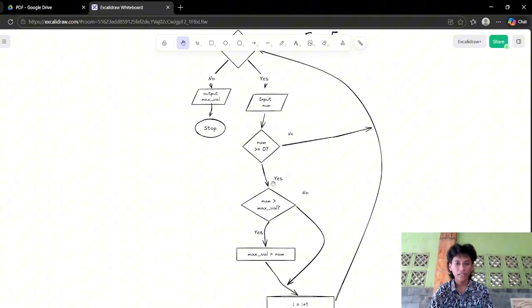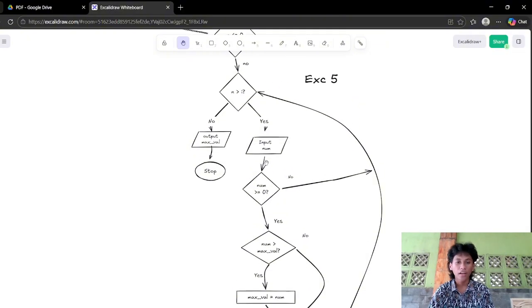If yes, then we go on to ask again if num is larger than max. And if no, if num is not larger than or equal to 0, it will go again to ask.